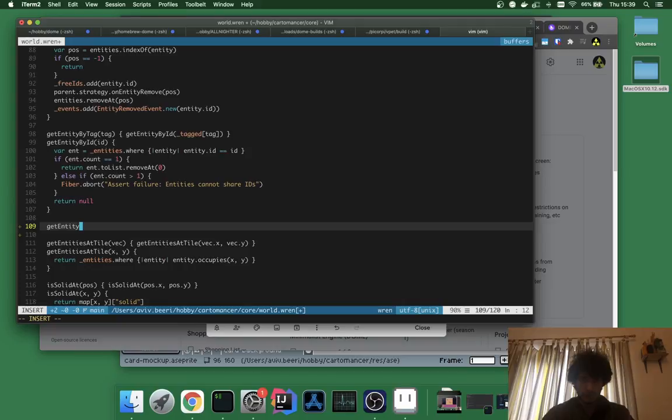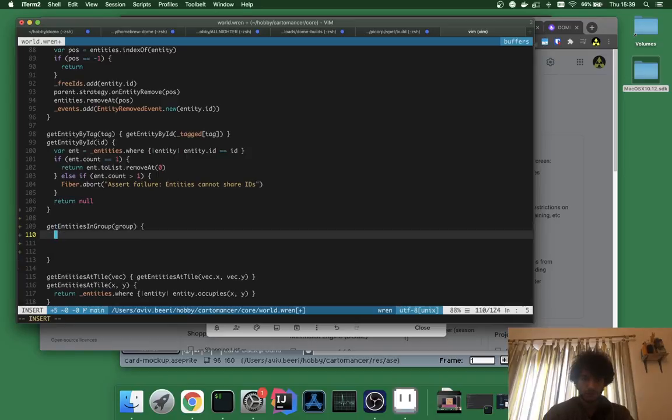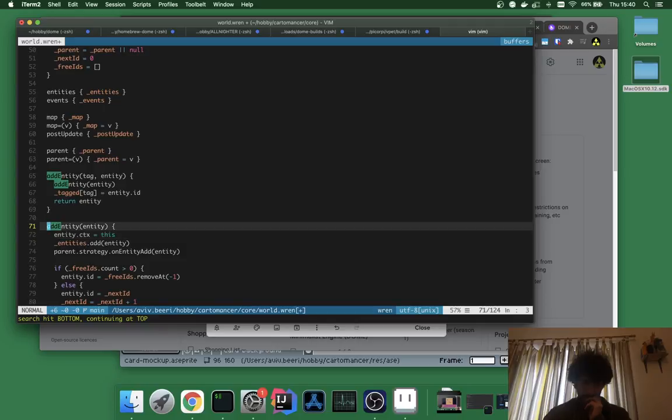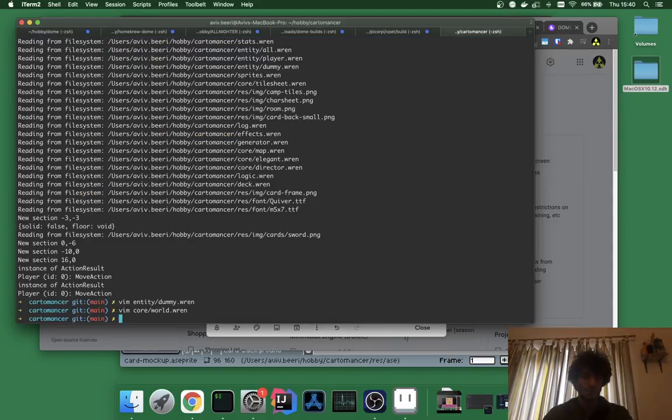So we'd have get entities in group. And it would basically be like, how do you specify which group it's in though? That's a question. I don't think I want it in there. Yeah, the world probably won't care for the moment, just to keep it a bit clean. I've already messed in there too much, but